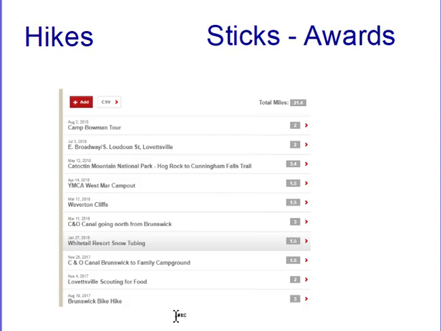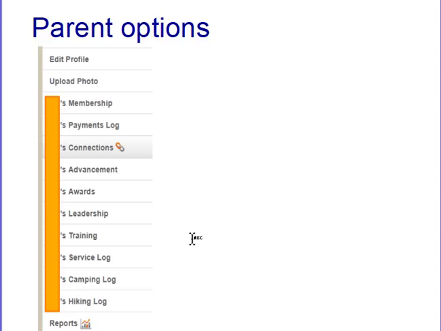And so as you can see, this scout hiked 21 miles that we logged last year, probably more than that, but that we logged. And you can see a lot of the different things that were counted. We count scouting for food as a hike because they end up walking so much when they're moving the bags all over the place. Our spring camp out involved hiking as they moved from one activity to the next activity. Lots of fun things. Okay, so you go back, you push the back button, and you got that list again,